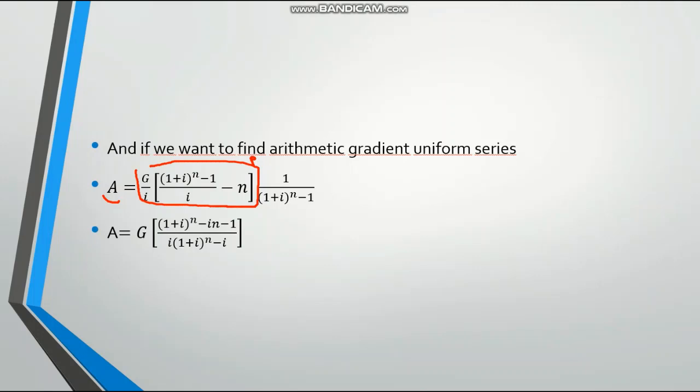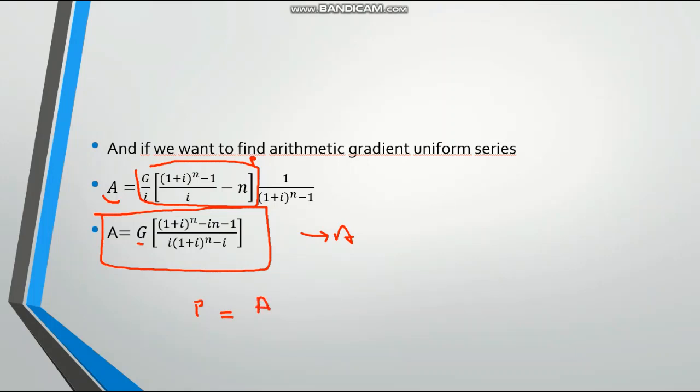And if you manipulate this mathematical formula, we will end up with the final version: the annual series value is equal to the arithmetic gradient G times the parentheses of (1 plus i) to the power of n minus i n minus 1, over the interest rate multiplied by (1 plus interest rate) to the power of n minus 1, which is going to give us the annual series. If we go back behind,